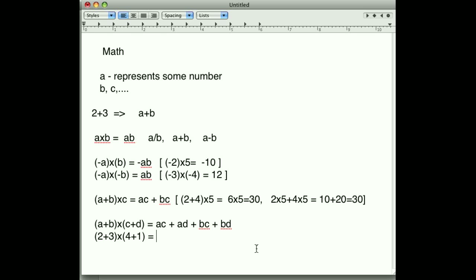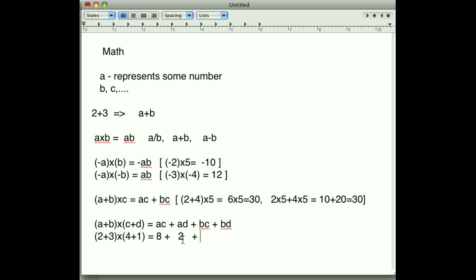So A times C would be 2 times 4. 2 times 4 is 8, right? So AC is 8, plus A times D is 2 times 1, which is 2. Write it under the AD,